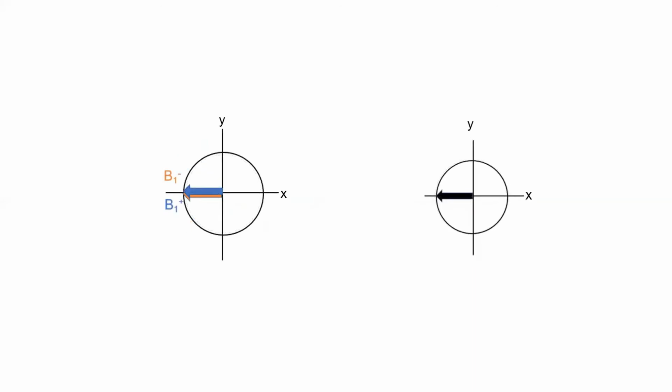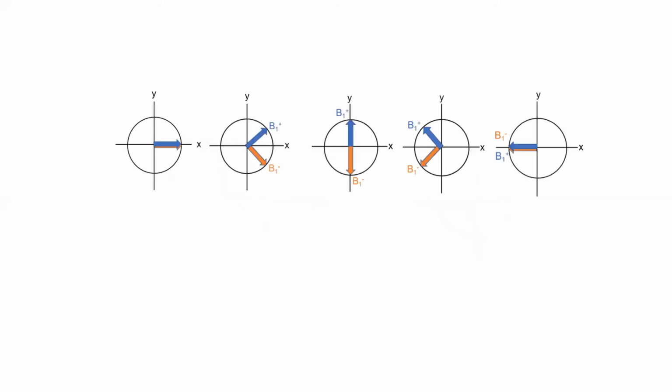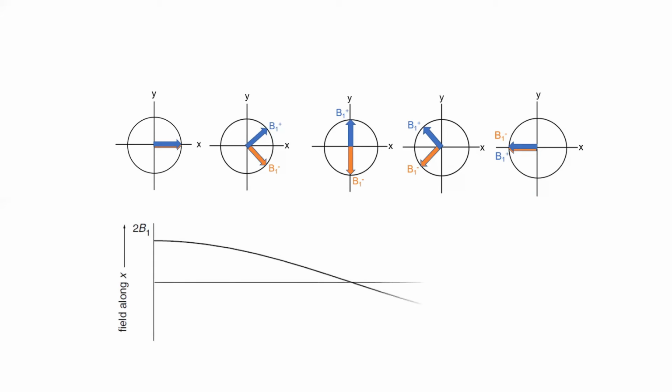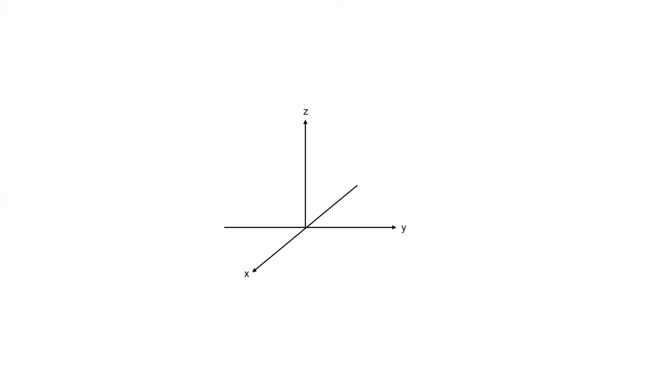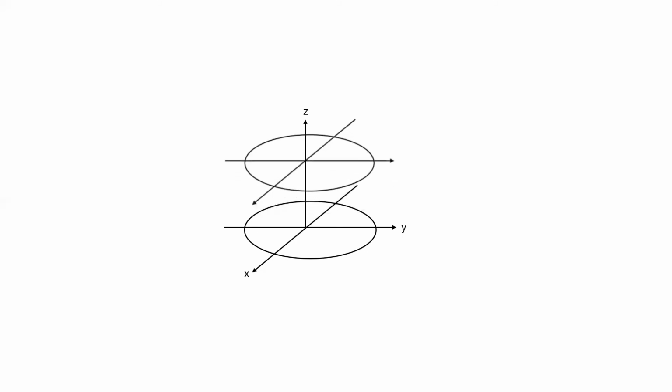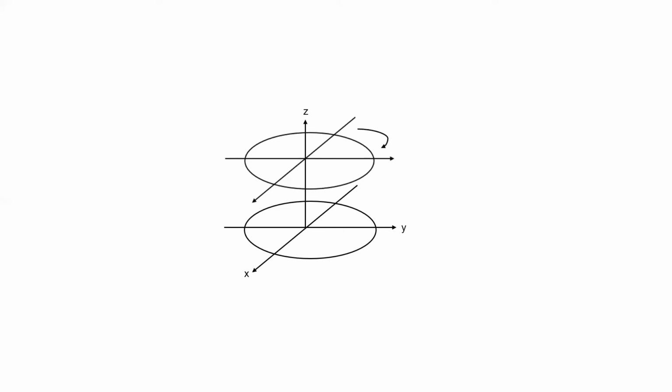If we represent this magnetization in a graph, then initially our magnetization will be 2B1 along the x-axis, and as time proceeds, it will decrease, go to 0, and then proceed along the negative x-axis. This is the graphical representation of our magnetization. And now the mathematical trick we are going to apply, the rotating frame of reference. Consider the xy axis static frame of reference in which the magnetic fields rotate. Take a rotating frame of reference, that is a frame of reference which, rather than being static, is going to rotate. The frame of reference itself is going to rotate.